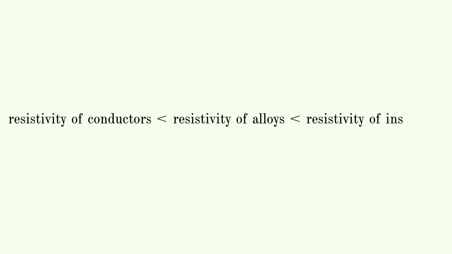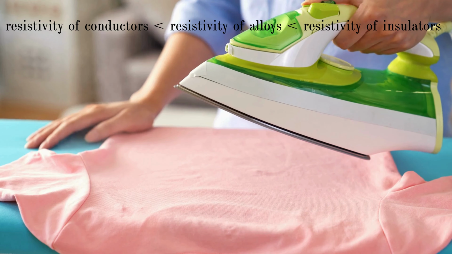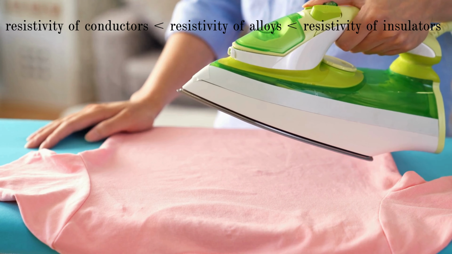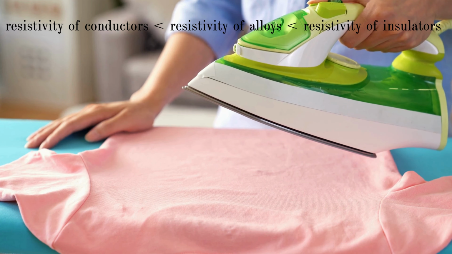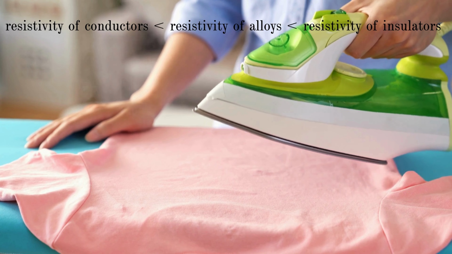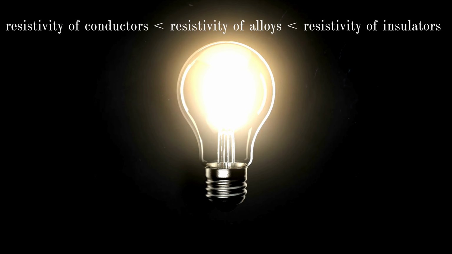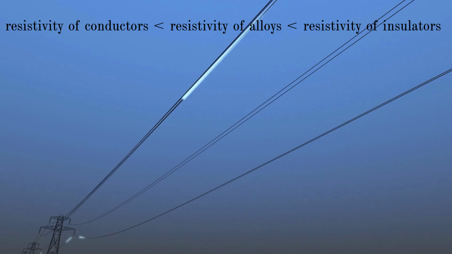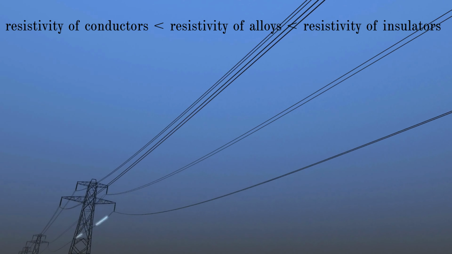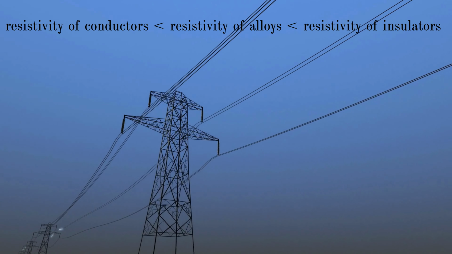Thus, the resistivity of an alloy is generally higher than that of its constituent metals, right? Alloys do not oxidize or burn readily at high temperature. For this reason, they are commonly used in electrical heating devices like electric irons, toasters, etc. Tungsten is used almost exclusively for filaments of electric bulbs, whereas copper and aluminium, which are good conductors of electricity, are generally used for electrical transmission lines.